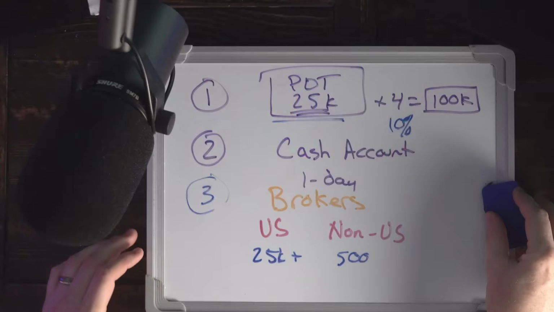Anyways, the settlement period was long enough that I just knew that a cash account for me was out of the question. So I was having to make the decision of cash or PDT. So for me, at the time that I got started, cash was out of the question and PDT was an option. Now, I was in a position where my father had passed away when I was younger, and he had